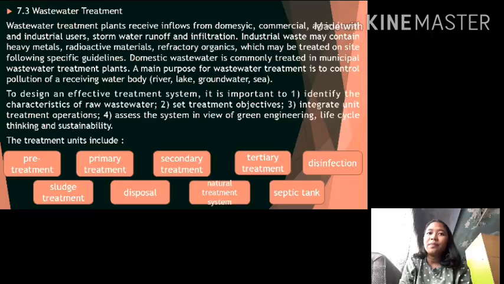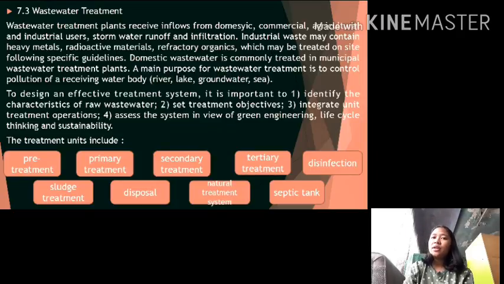Treatment units include: first, pre-treatment, to remove coarse solids using screening, to remove grit using grit scrubbers, to remove fats and greases using flotation, and to maintain a stable flow using an equalization basin. Next, primary treatment, to remove solids through gravity settling using sedimentation tanks. The removal rates are